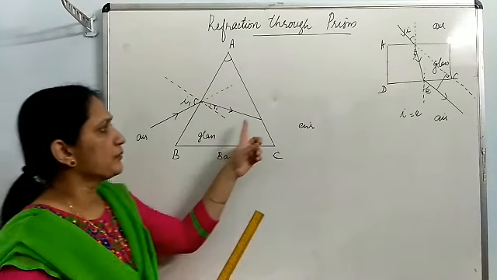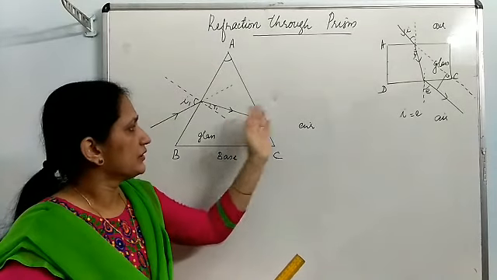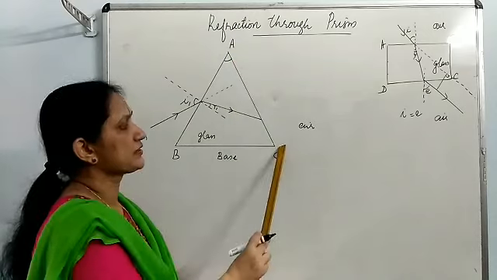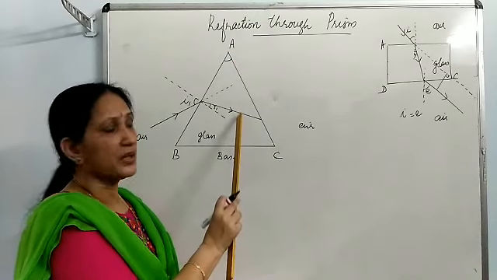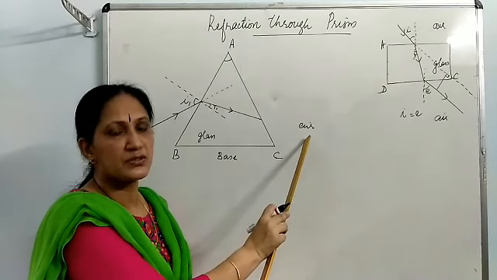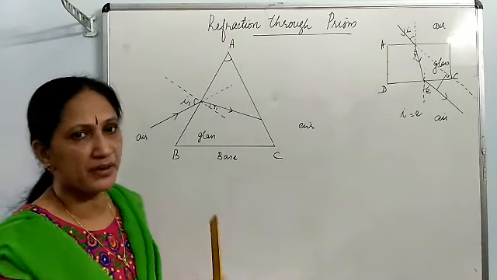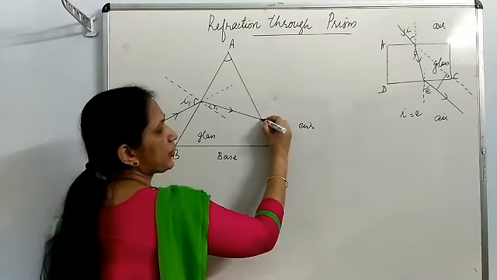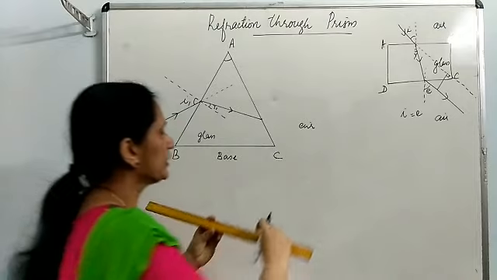Okay. Now, what will happen to the light ray at this point? Now the ray is striking on the surface AC. It is inside glass medium. Now it will enter into air medium. So it will again undergo refraction. To show the refraction, again draw the normal at this point. This is the point of incidence on the face AC of the prism. Draw the normal.